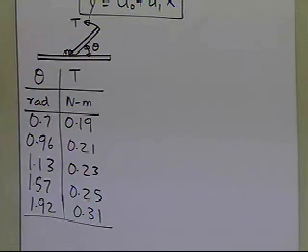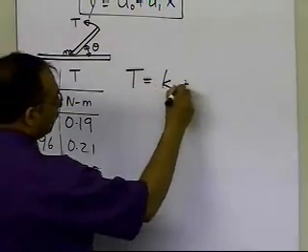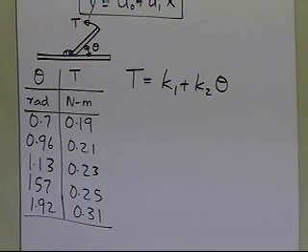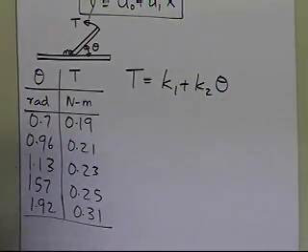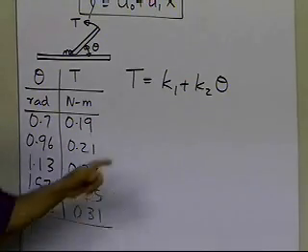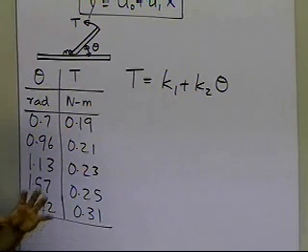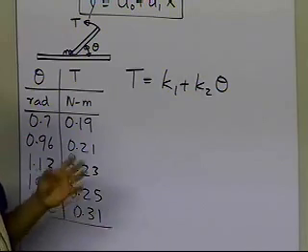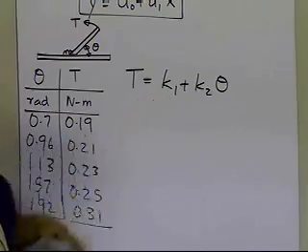Now what we want to be able to do is find the relationship between torque and angle, and it will be K1 plus K2 times theta. That is the straight line relationship which we are assuming for this mousetrap spring between the torque which is required and the angle through which it opens. Keep in mind that we don't have K1 equal to 0 in this case, because if you look at a mousetrap spring, when theta is equal to 0, that's when it is totally closed, you will find that there is some residual stress in there. So that's why K1 is not equal to 0.